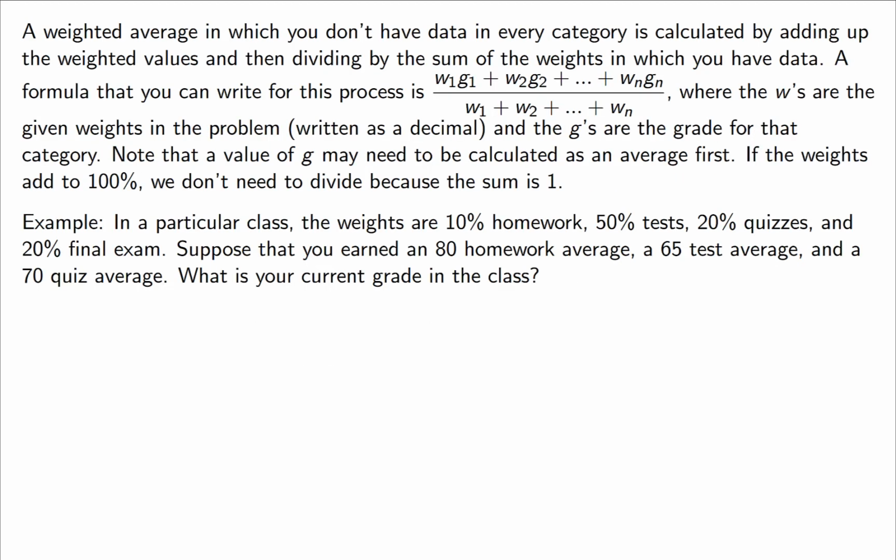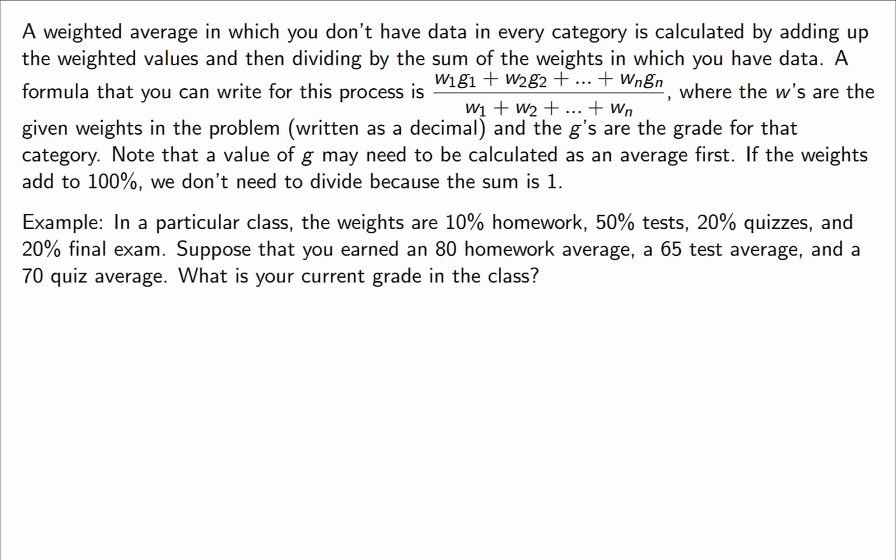Here's the official formula for a weighted average. It's kind of odd, and I'll explain what's going on with this denominator. It's not always necessary. What you'll do is multiply weights times grades, plus the next weight times the next grade, plus the next weight times the next grade, and do that until you've gone through every grade category,